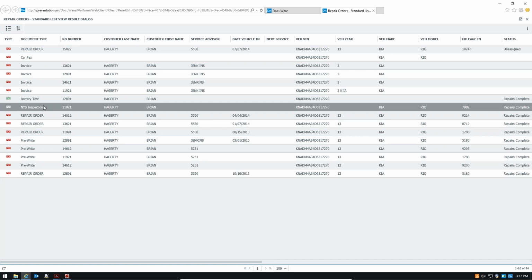All of this information was put in and indexed based on at least one of the simple ways that we saw earlier of using a scanner or maybe a printer or an import process to bring these documents into Docuware and index them accordingly. So now that I have this car